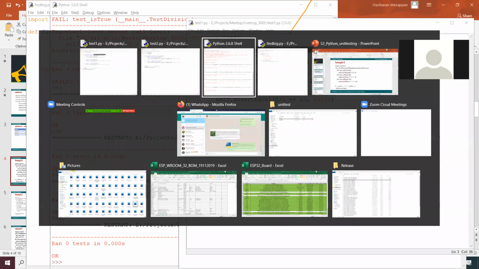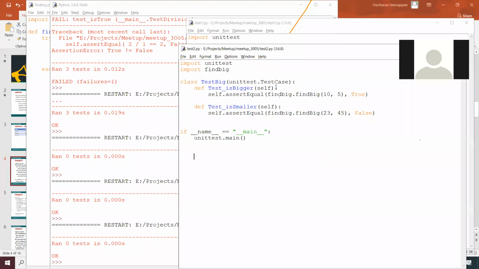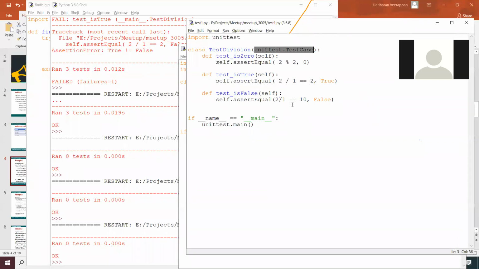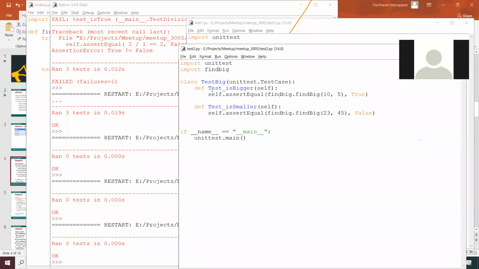This also unit test dot test case over here, and then test. Yeah, sorry, this should be fixed.